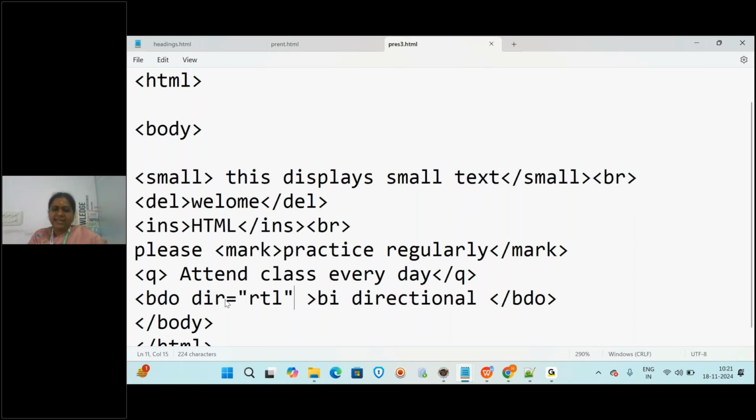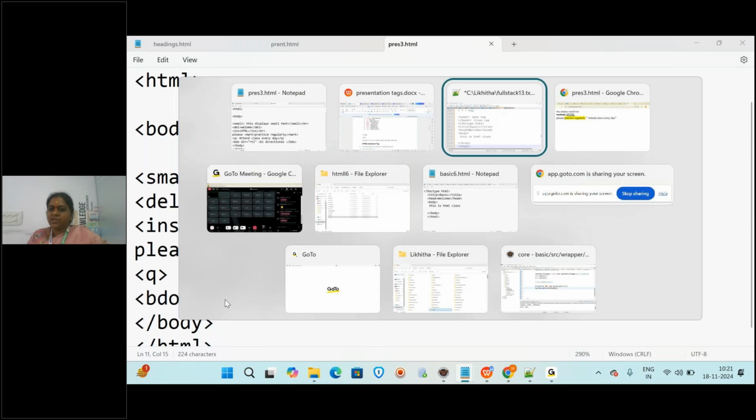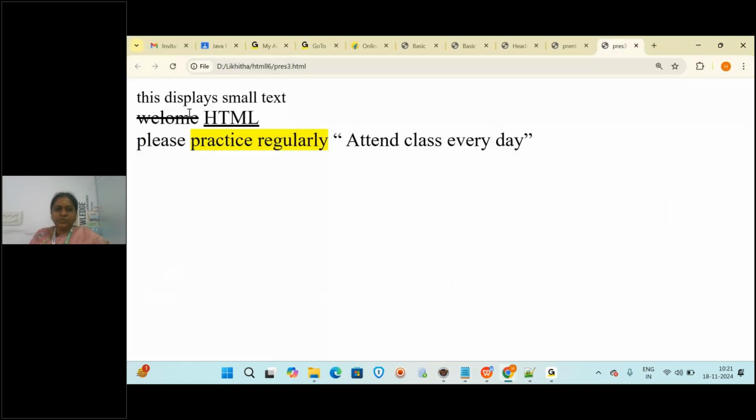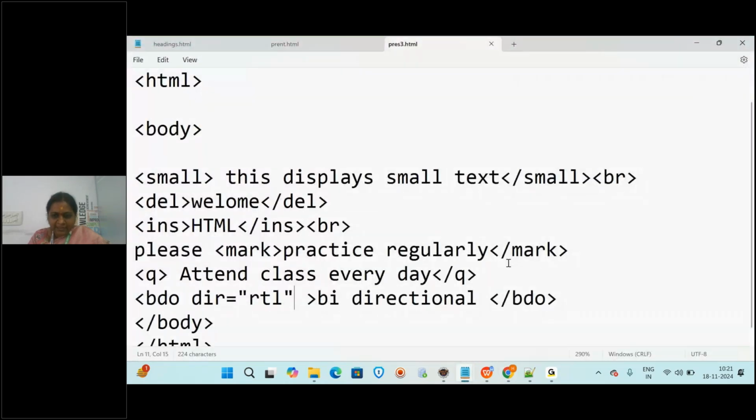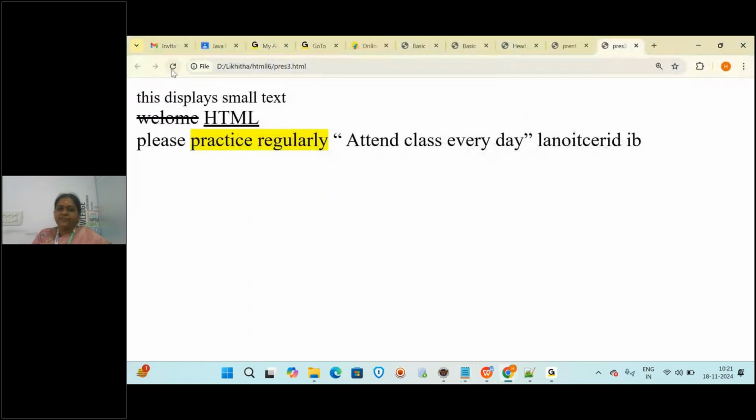See how it is getting displayed. These are all predefined, we are just using them. One second, I use the break tag so that it will come into a new line. Save this, go back to the browser, and refresh.